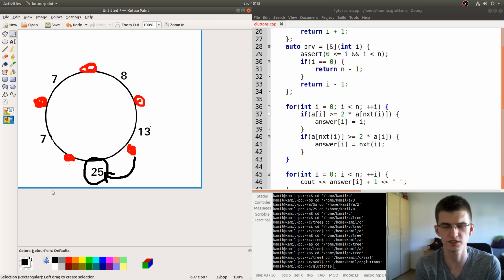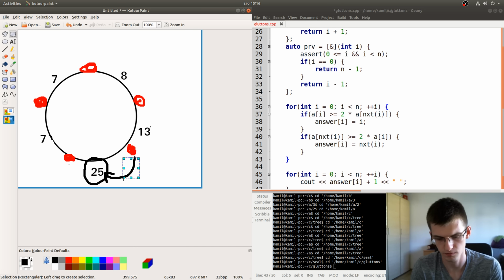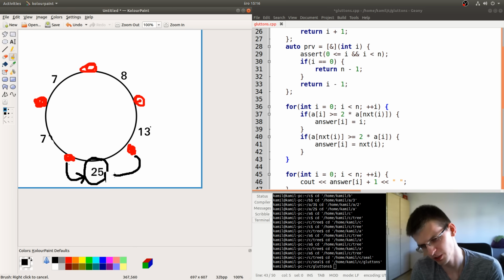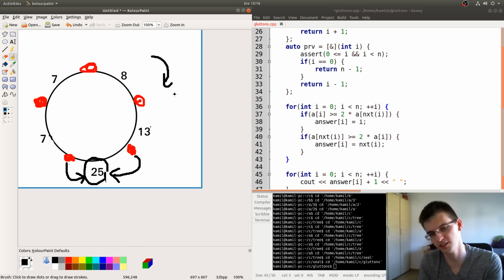So let's stick to saying that later for every person we'll take a cake to the right. So right now we would get something like this. Okay, and now this person, let's say that every person takes a cake in this direction.